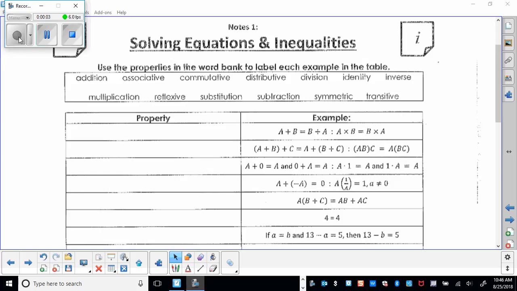Okay, so here we are solving equations and inequalities. In order to solve equations, you have to follow the rules, right? The rules of math, the rules of algebra. And the properties are the rules. You can do anything as long as it's one of these properties, as long as you do it to both